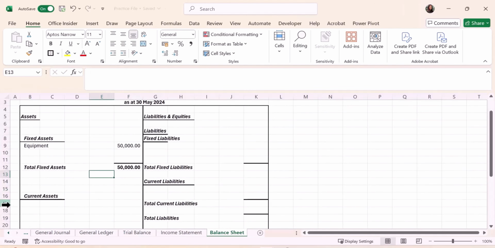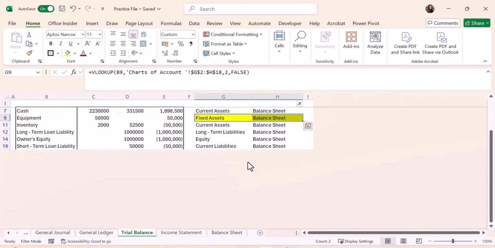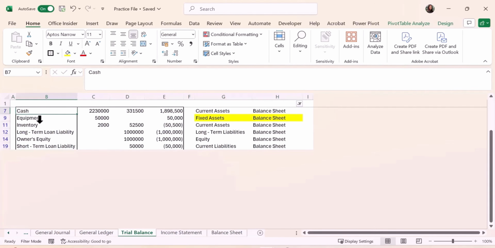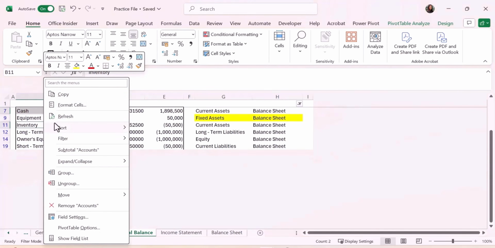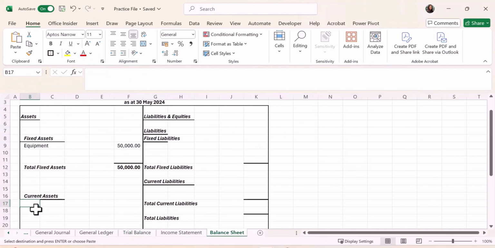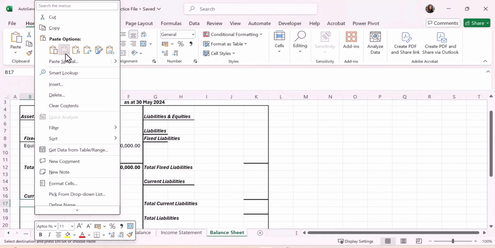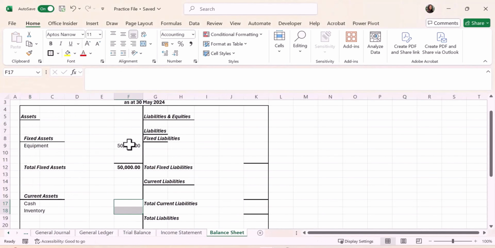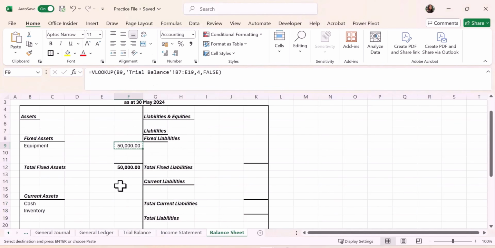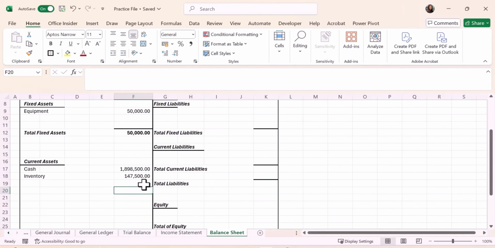Now, moving on to current assets. Let's go back to our trial balance to see what we have as current assets. We have cash and inventory. So let's get those two items and have them dropped in our balance sheet under current assets. Now we're going to use the same VLOOKUP to fetch the figures for our current assets. So let's copy that formula and have it pasted below here. Now let's sum up all the current assets